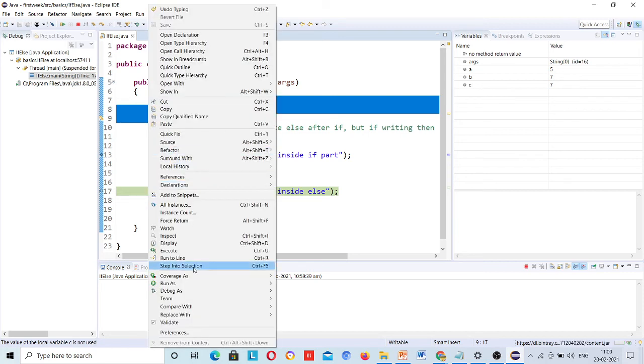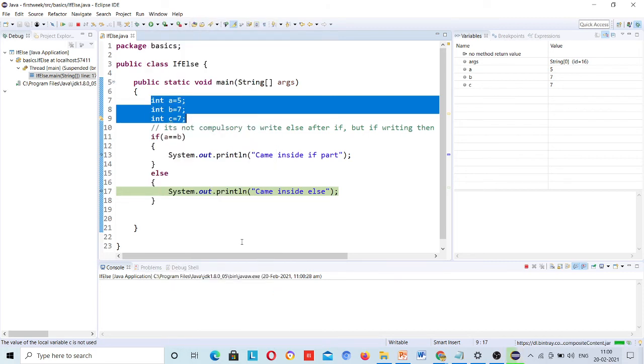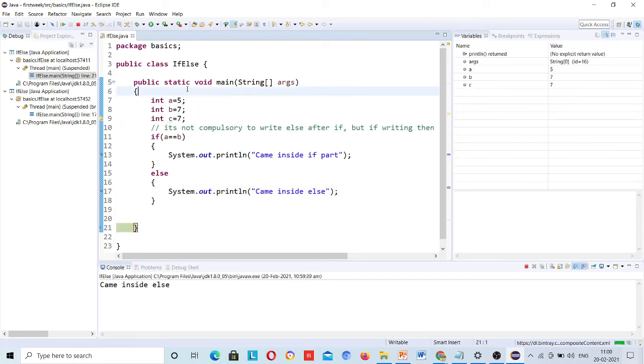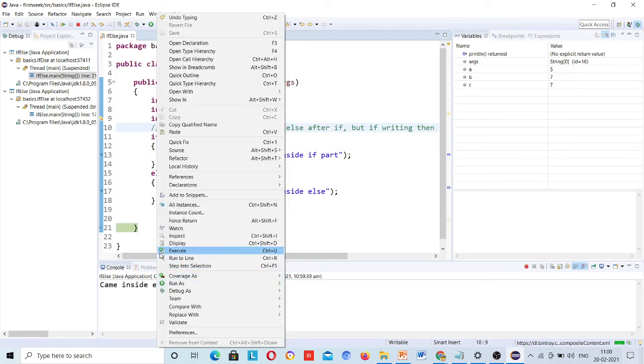Again debug as Java application, and step over, it came here. My pointer should be here first. I will again debug as Java application.